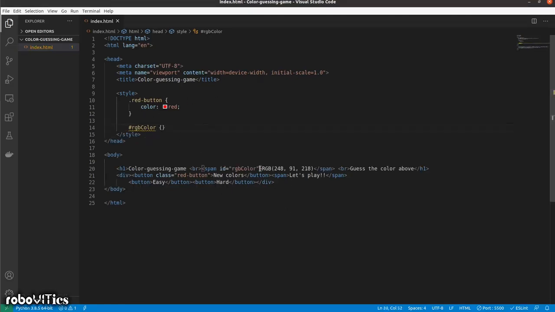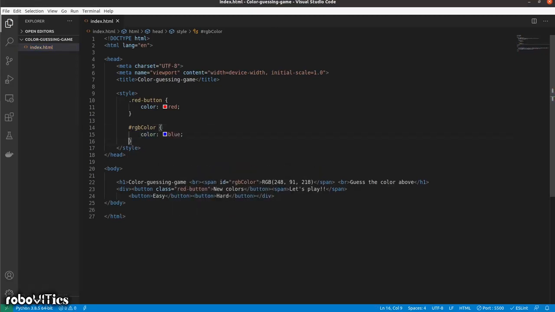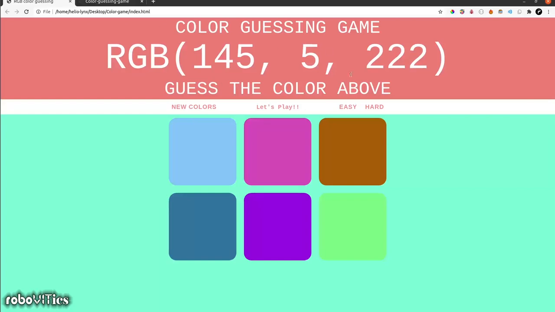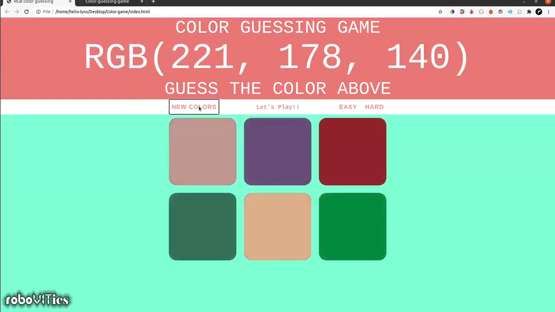Say for example, I want the text color to change to blue. So I'm going to mention that as COLOR, that's your property name, and blue, that's your value. Now you go there and you actually see this turn into blue. But we aren't getting close to this, right? We aren't making this part dynamically changeable each time we have new colors being clicked. For that, we're going to use JavaScript.